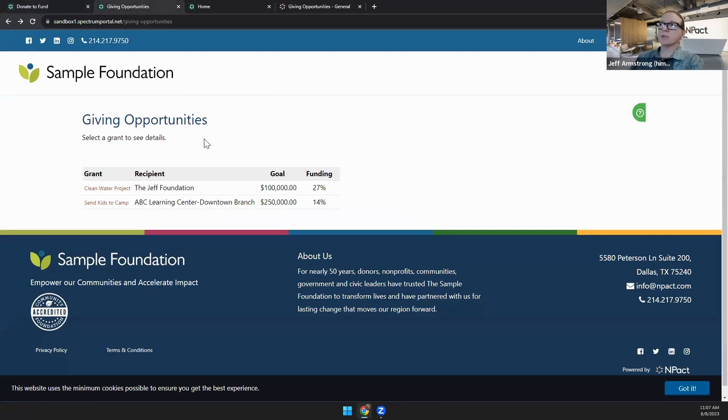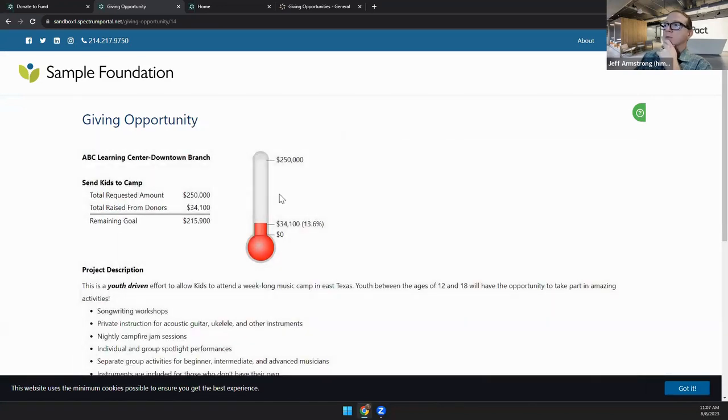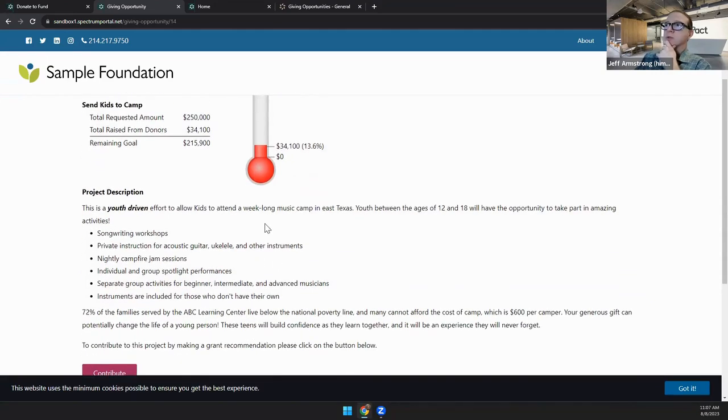All the proposals that you've got in your Foundation Cloud Community Portal can be published as giving opportunities, and you can let your fund holders log in and crowdfund those giving opportunities, or you can let anonymous site visitors do this too. So here's an example of one: send kids to camp. I've got just a little bit of verbiage set up on this one. We're trying to raise $250,000. Here's a full description of what this